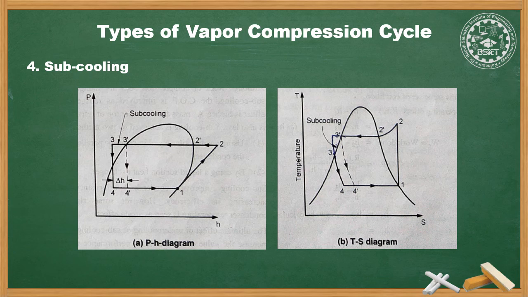As the mass flow rate per ton of refrigerant is also less, subcooling is achieved by two methods: one, using a subcooler piped in series or parallel with the condenser, or by using a liquid suction heat exchanger. Subcooling improves the condenser performance by increasing its efficiency. The ultimate effect of undercooling or subcooling is to increase the value of COP, the coefficient of performance, under the same set of conditions.